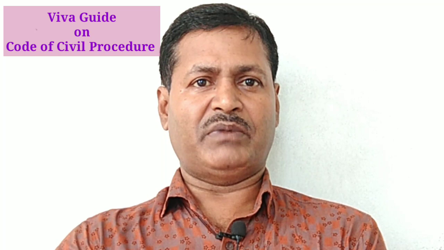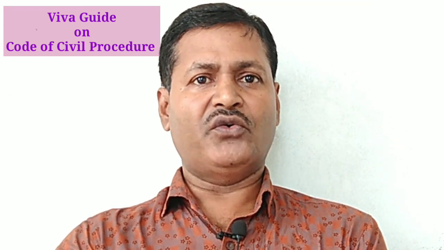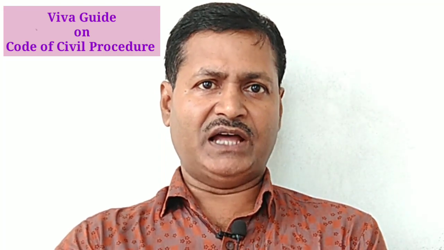according to Order 40, Rule 1 of the Code of Civil Procedure, where it appears to the court to be just and convenient, the court may by order, (A) appoint a receiver of any property, whether before or after decree, (B) remove any person from the possession or custody of the property, (C) commit the same to the possession, custody, or management of the receiver, and (D) confer upon